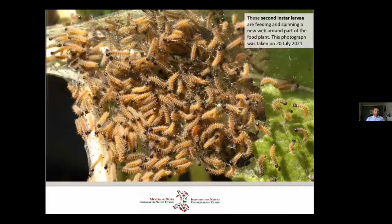So firstly, the head capsule, which you can see as the black blob in these second instar caterpillars, just pops off with the caterpillar wriggling out of its old skin and then expanding. And it pulls. So caterpillars of butterflies have the 6 jointed legs at the front, which is characteristic of insects, and then they have fleshy prolegs, they're known as, at the back. So it basically claws its way out with the true legs at the front,